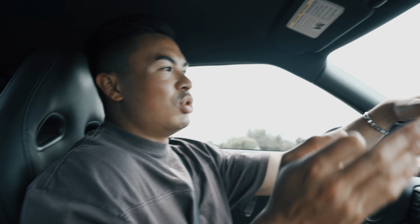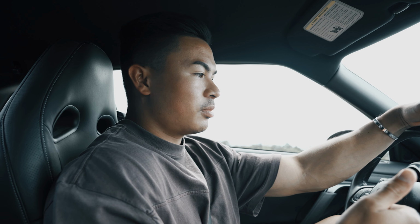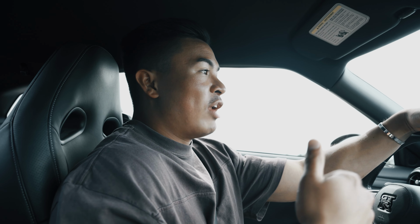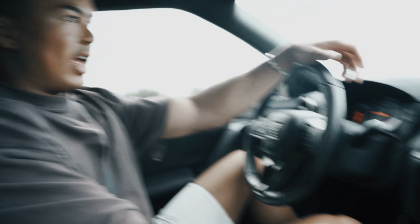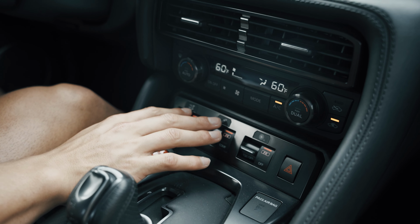It doesn't take too long for it to downshift in the third, knowing that, hey, I'm trying to get on the throttle. So if I'm really trying to mess around and have fun, I am going to be in manual mode, but I don't actually use it that often, because automatic really knows what it's doing. And right now, as you see down here, I am in R mode. Okay, so in R mode, I can control transmission, handling,